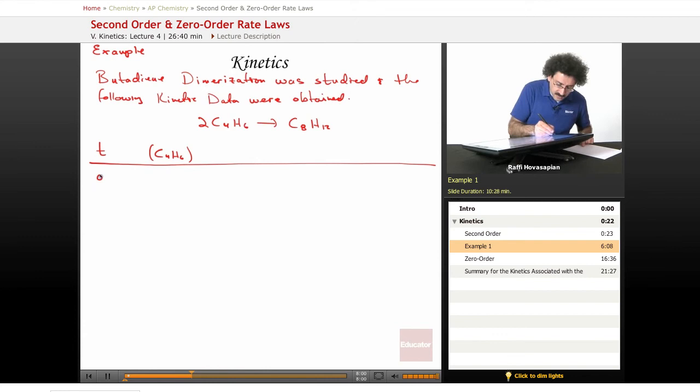So T, let me go ahead and write this down. It's 0, 1,000 seconds, 1,800, 2,800, 3,600, 4,400, 5,200, and 6,200. And what we have is 0.0100, 0.0625,